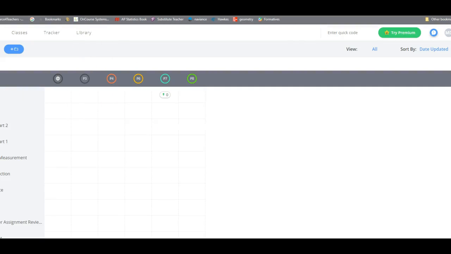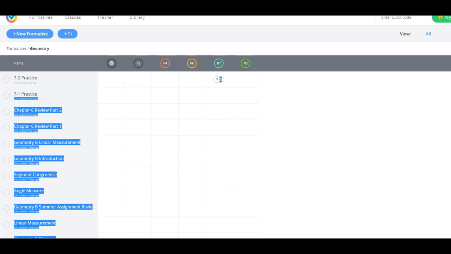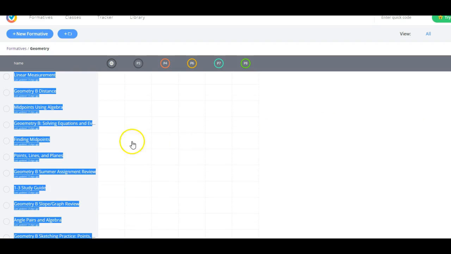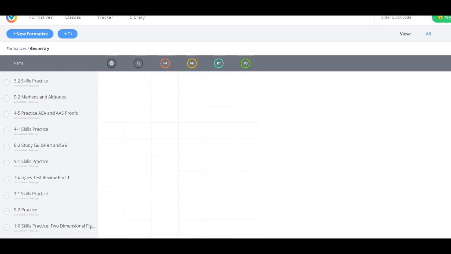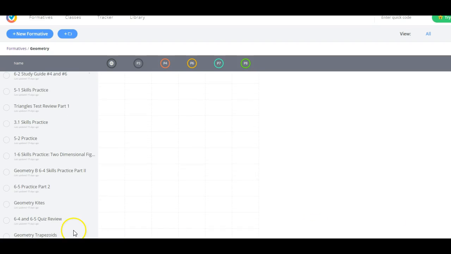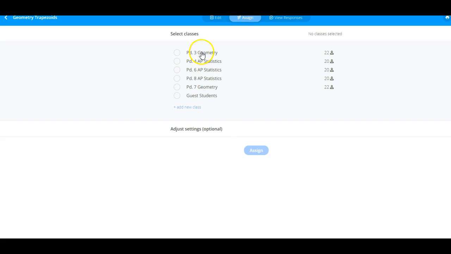So if I go to GoFormative, this is my GoFormative account. I'll slide over here, and you can see under formatives and geometry, I have a lot of stuff in here. So I would navigate through here on the day that we're doing trapezoids and kites. Let's see. Okay, so here's geometry trapezoid. See it down here? I'll click on this and I'll assign it to the class. So if I assign this to period 3,